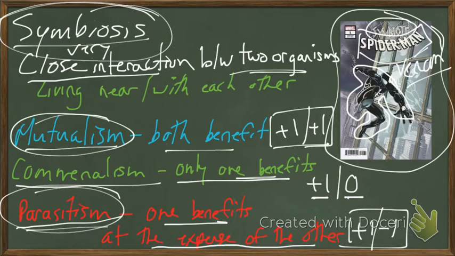Okay, we also have many mutualistic relationships. For example, you hear the word E. coli and you think, oh, that's bad, it's in water, no good. E. coli actually live in our small intestine and they help digest food and absorb nutrients. They're given a safe space to live, and we have the ability to consume different foods and get more nutrients out of them. If that E. coli were to get into different parts of our body, that would then be parasitism because it would actually hurt us. So we'd be the -1 and they would still be the +1.